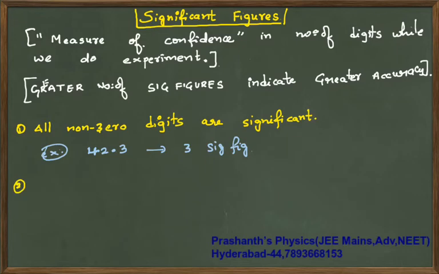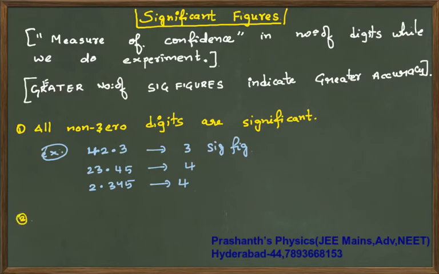Your second rule is, let me give you more examples also. For example, if I take 23.45, it has 4 significant figures. 2.345, still it will have 4. Like this, however many non-zero digits there are, that many are significant. That is your first rule. On each I will give an example as well.